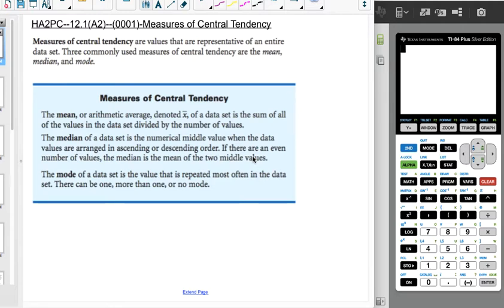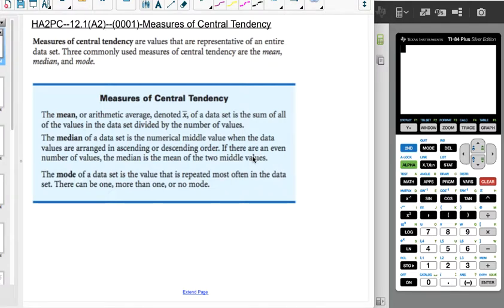All right, this is Honors Algebra 2 Pre-Calculus. We are doing 12.1 in Algebra 2, which is measures of central tendency. Measures of central tendency are values that are often representative of an entire data set. Three of the measures that we're going to see most of the time are